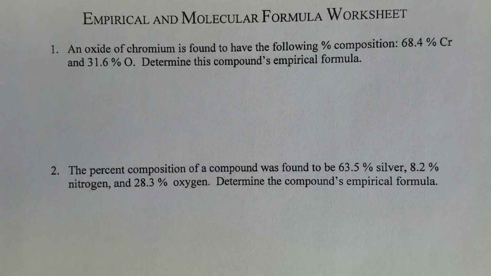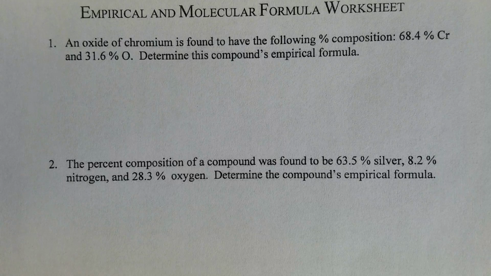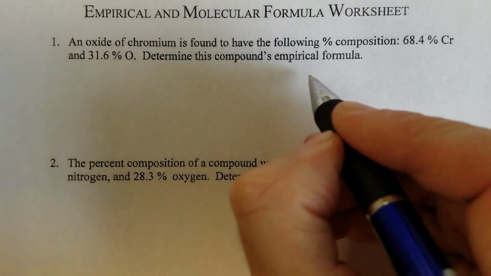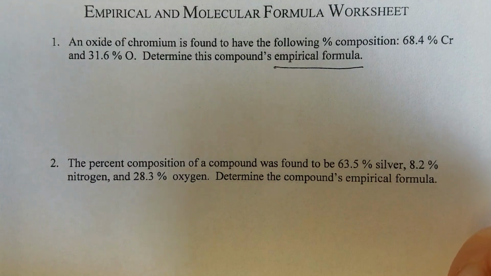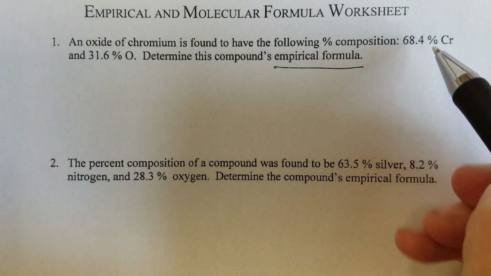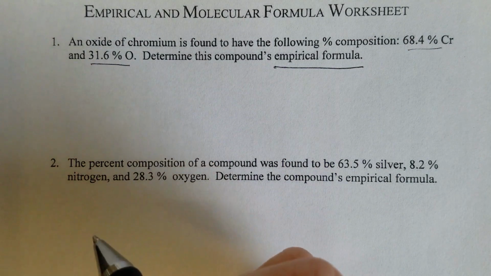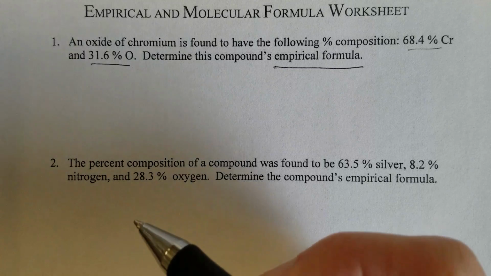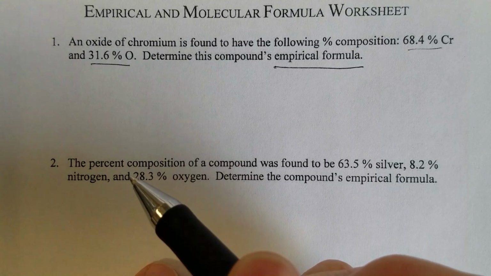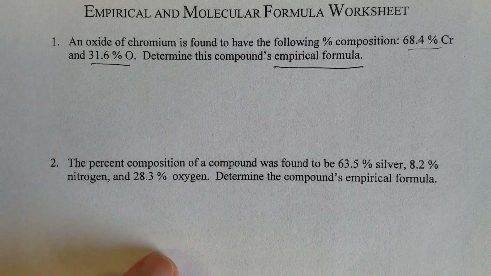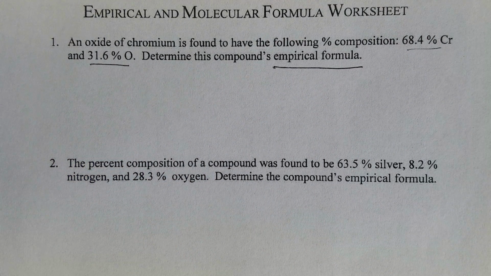So let's work this first problem on the empirical and molecular formula worksheet. What we're trying to find is the empirical formula. And what we're given are the percents of chromium and oxygen in our molecule, chromium oxide. Now we can't do a whole lot with the percentages, so we're going to have to figure out how to make these numbers usable. Well, because we know that a percentage is a number out of 100, let's just assume